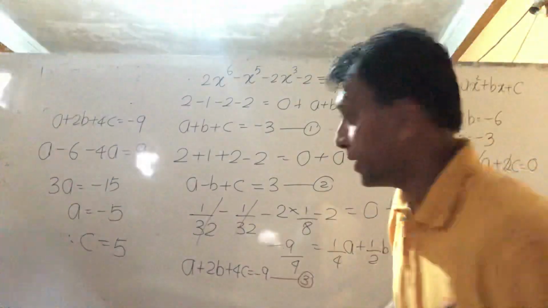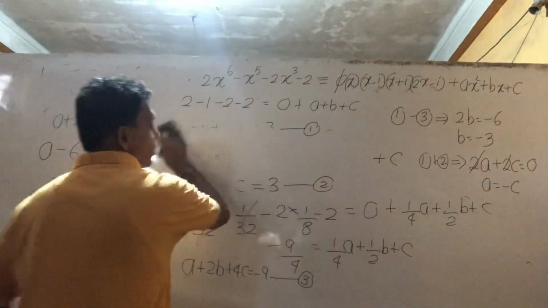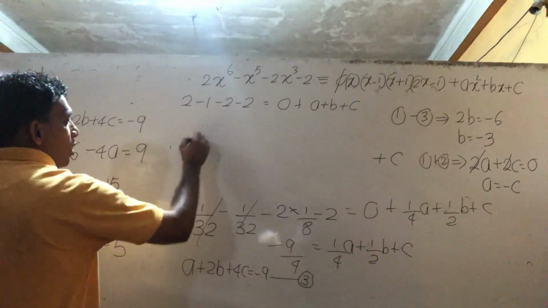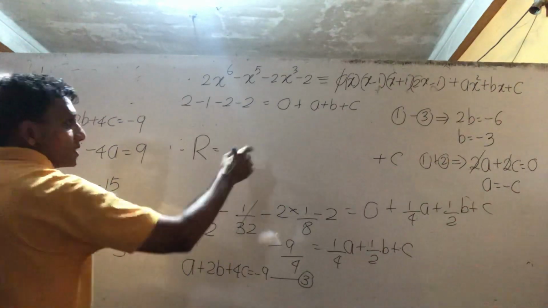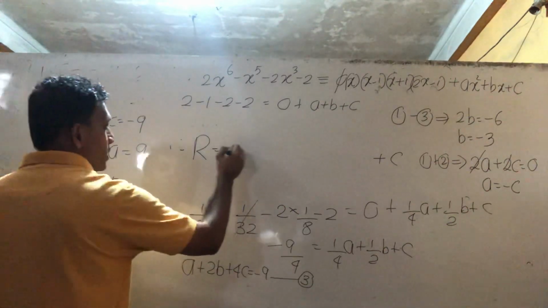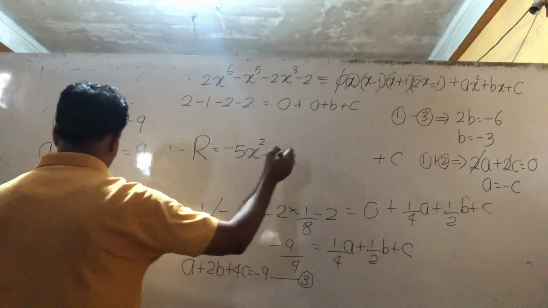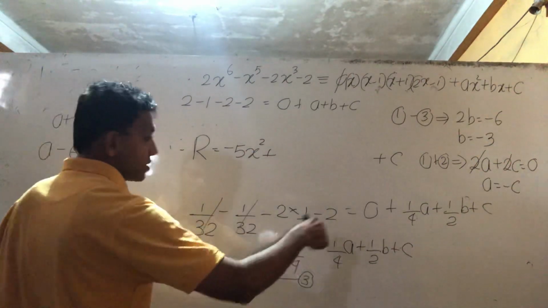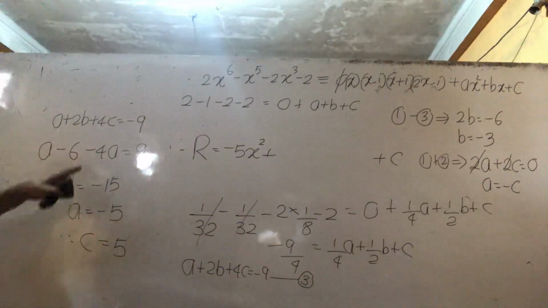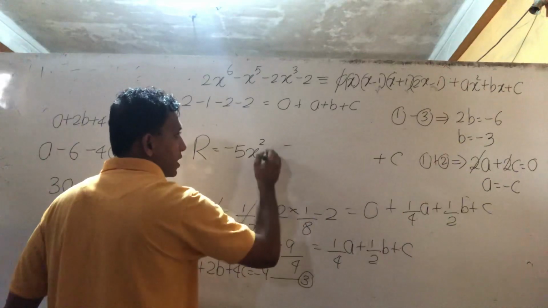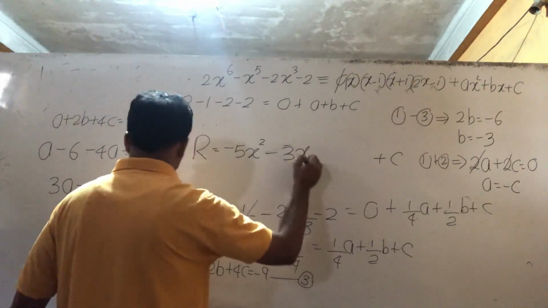Therefore, the remainder R equals minus 5x square plus B, which is very first we worked out, minus 3x, at last C